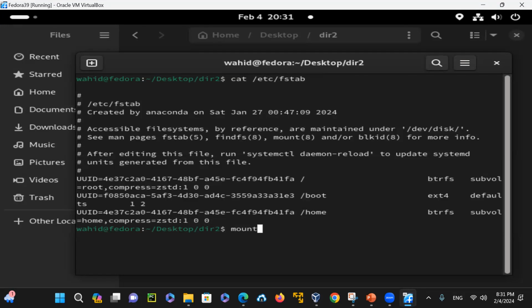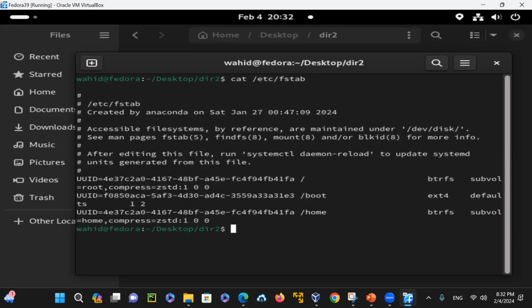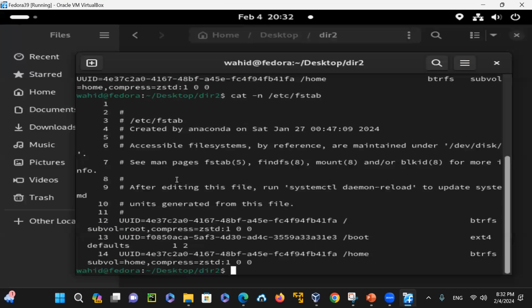If you run the mount command, it will show all the mounts that are there. And if you run cat /etc/fstab, the file system table, it will show you the content of it. If I look at it with line numbers, using -n, you can see that some of the lines, for example the root partition, are this. But if I want to see what the file system is, I remember I told you there are different types of file systems, and some of them are Btrfs, ext4, XFS, extended file system,